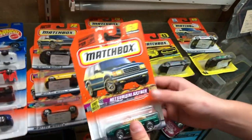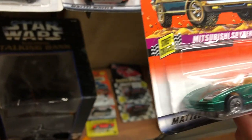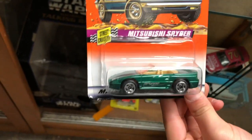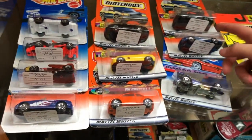Can you hold that one up for me? Look at the one above it. That is really cool. I like the color on this. I don't have a lot of Eclipse convertibles in my collection, and so this would be probably one of the first. I'm going to have Kate hold on to that one. What about that one? It's a nice